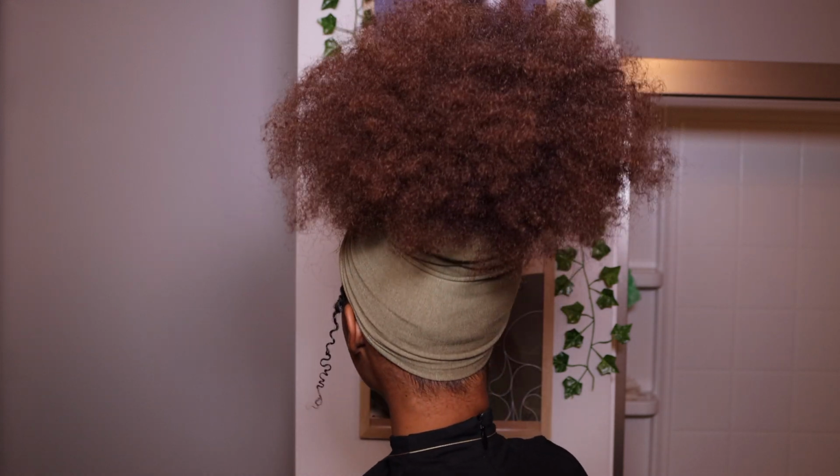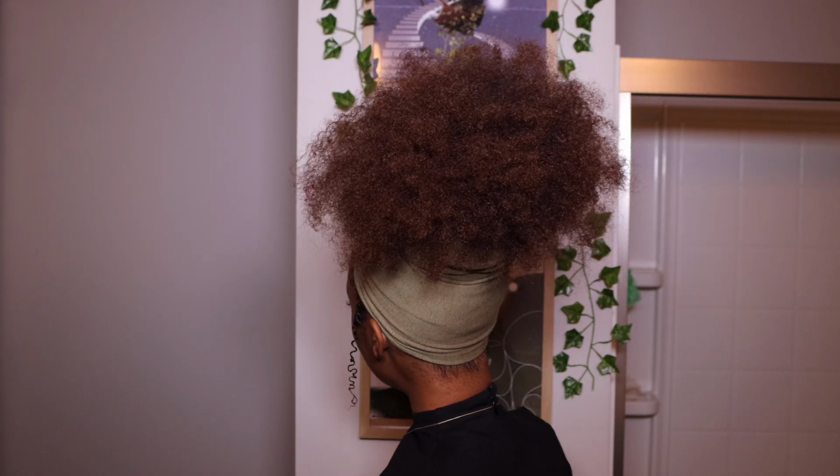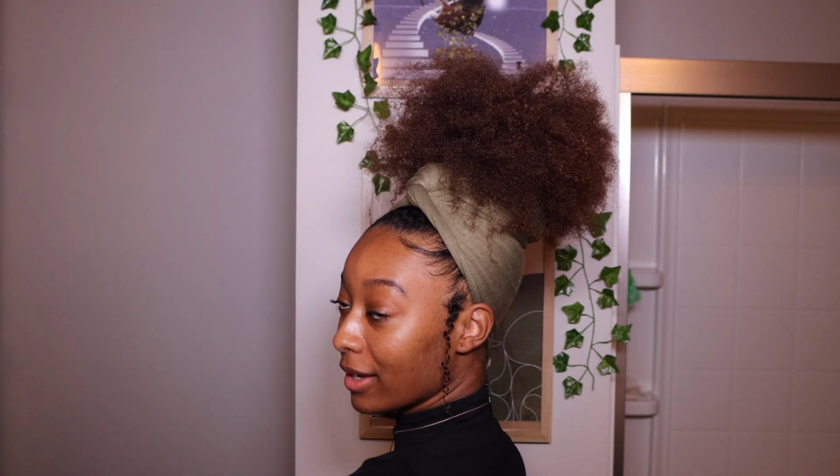It's a super quick and easy hairstyle to do once you get the hang of it. I don't know how it is the first time you do it, but after the first time, it's really easy. It's a cute pineapple puff head wrap style. This is how it looks from the back, and this is the side. It's such a cute 2-in-1 because I love puffs and I love head wraps, so combining those two to make this style is just...